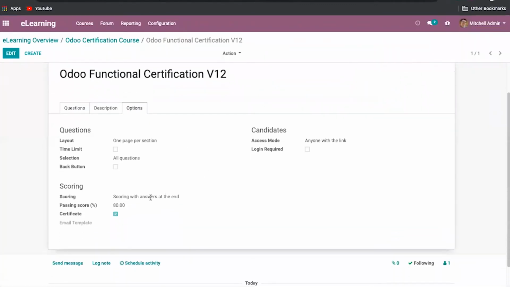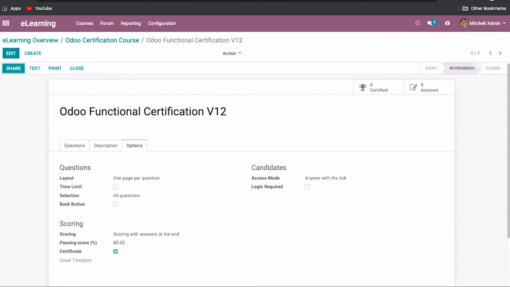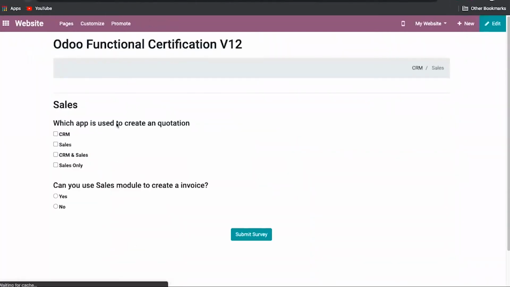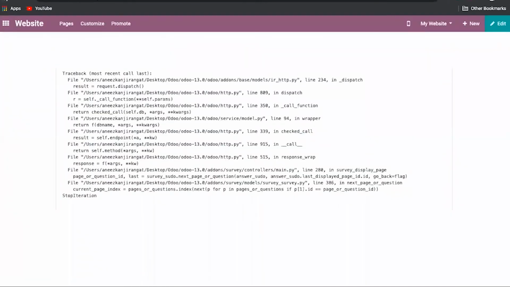If you want to view it as a single one, one page per question, you can just select this one. Once you save this one, it will be shown based on that. So each session will have one question. If I click on the start button, just a second,